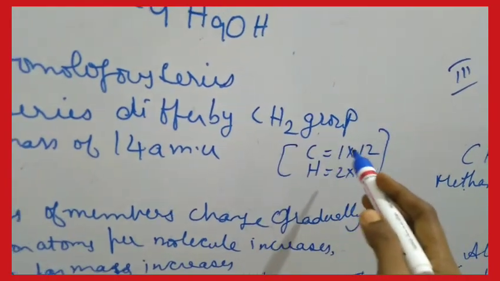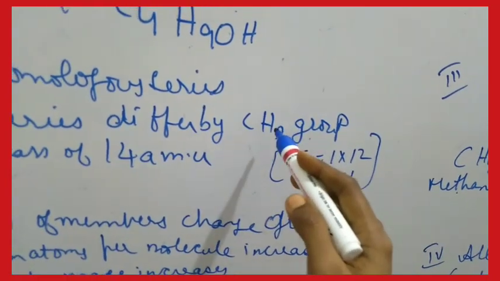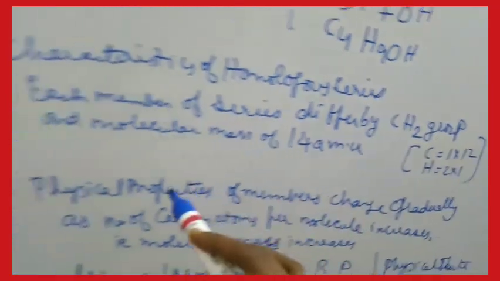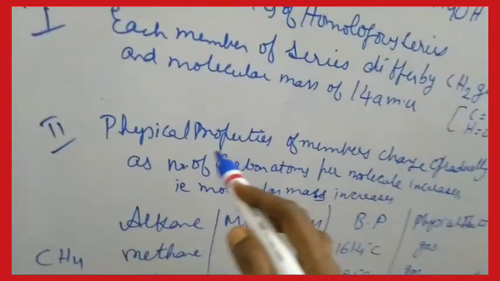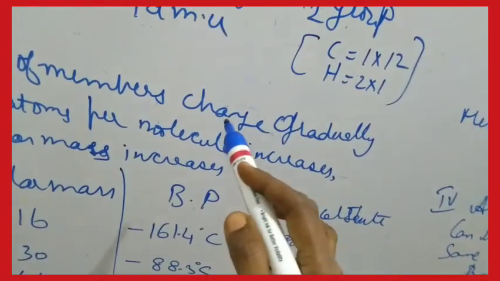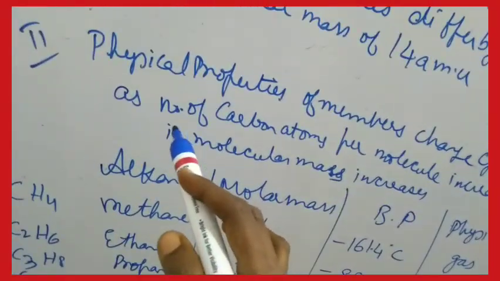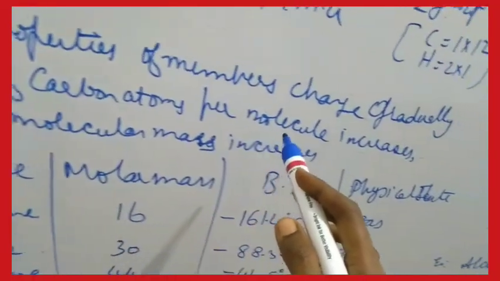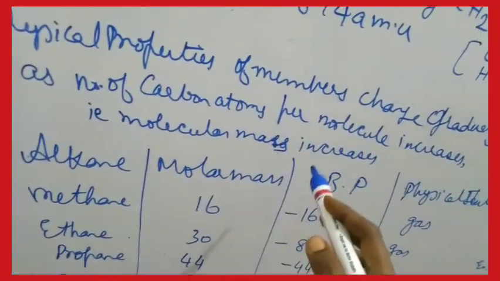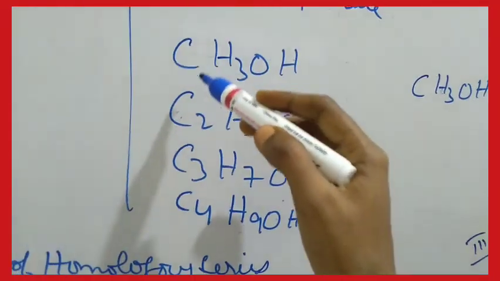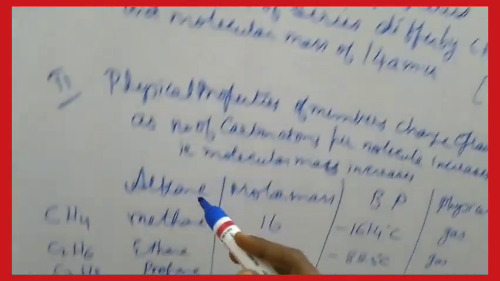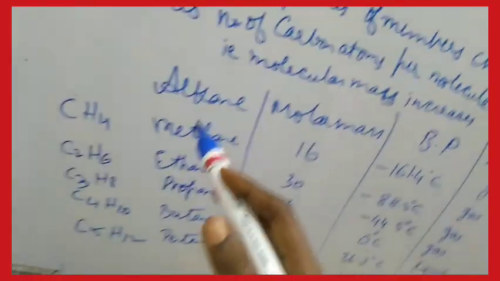Carbon 1 atom, 1 into 12 atomic mass. Hydrogen how many? 2. 2 into 1. 12 plus 2 is how much? 14 atomic mass units. Second one, the physical properties of the members are going to change gradually as the number of carbon atoms per molecule increases. That is, the molecular mass increases. Here what is happening? Gradually the carbon atoms are increasing. That means the molecular mass of the compound is increasing or not. For instance, if you take alkane,